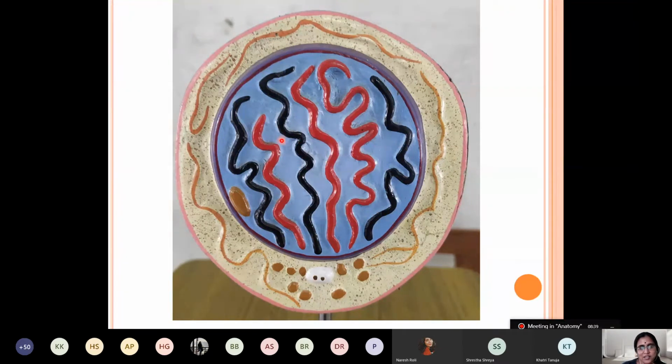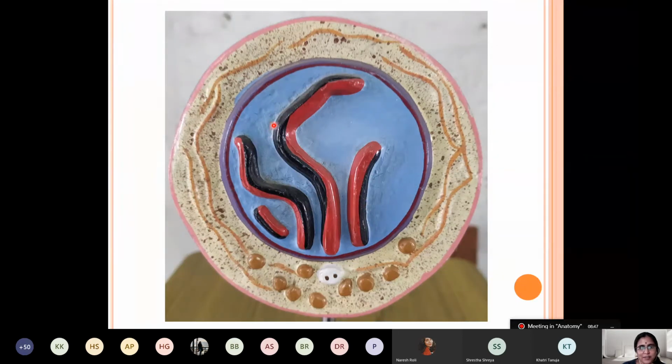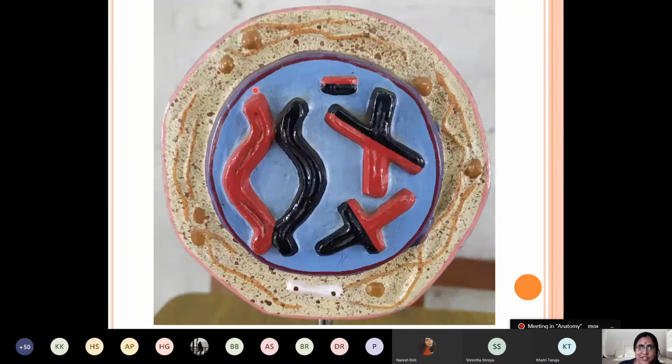See the condensation, these are the chromatin threads, then followed by the condensation of the chromosome. And in addition to the condensation, in the zygotene here you can see pairing of the homologous chromosomes. Then after zygotene: leptotene, zygotene, pachytene, diplotene and diakinesis. In the pachytene and diplotene, there occurs the formation of the synaptonemal complexes and the crossing over takes place.